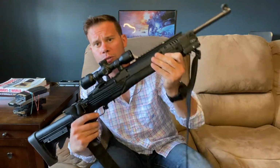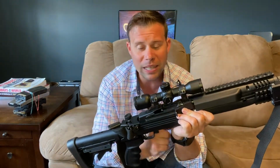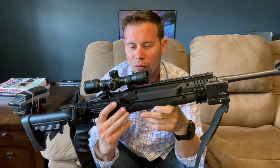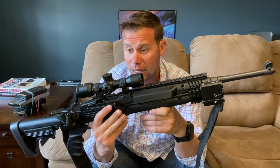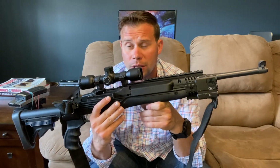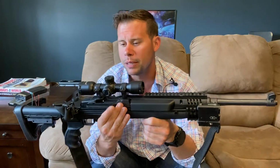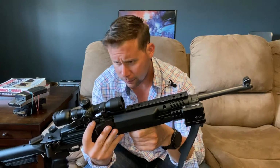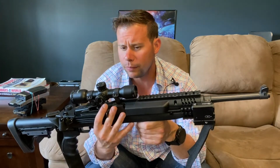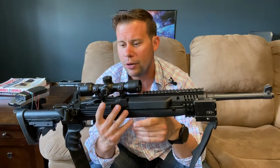Well, why haven't you updated the optic, Murph? Well, I thought about it, but this has kind of fallen out of my overall use. So my wife winds up shooting this a lot, and she has no problem with this 4x32. Now, what made me pick this 4x30 power optic to begin with? Well, a friend of mine bought one several years ago,